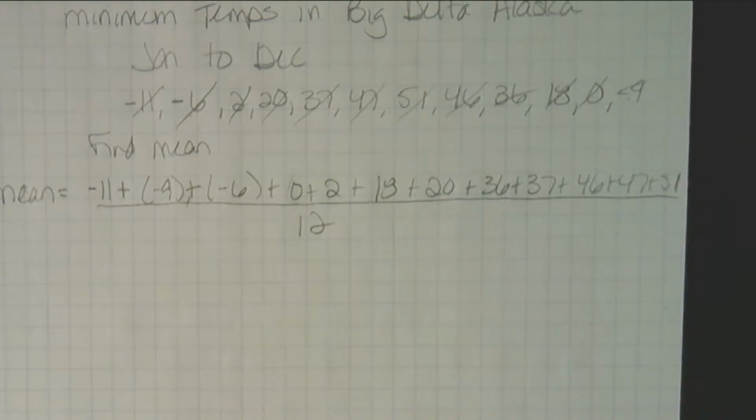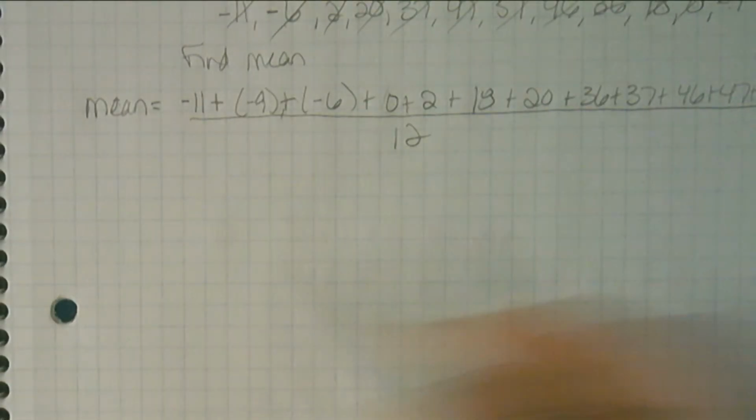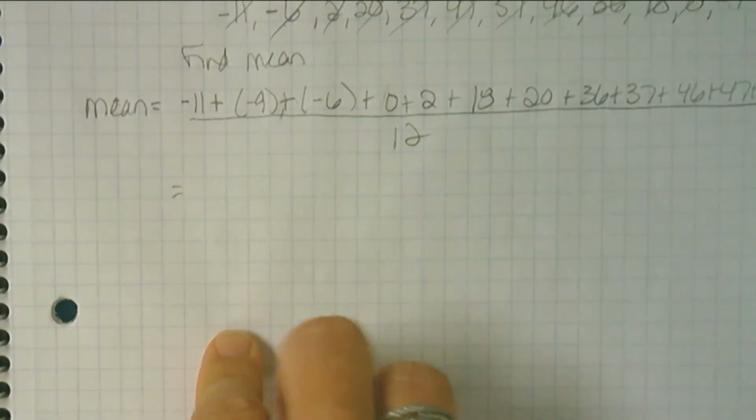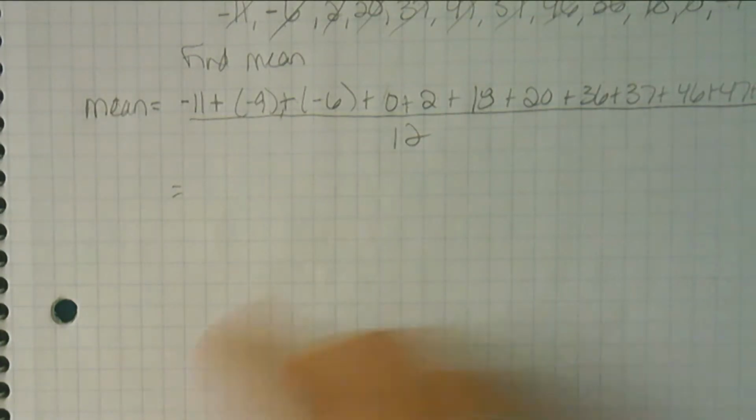Now here's my tip for you. Add all your negatives together, then add all your positives together, and then you have one absolute value to do when you're adding a positive and a negative. You guys with me? I don't care how you add these. You can just do them off to the side. That's fine with me. But I want you to get back to a positive plus a negative number, and you're going to continue your equation down. I'm going to do this while you're doing this.